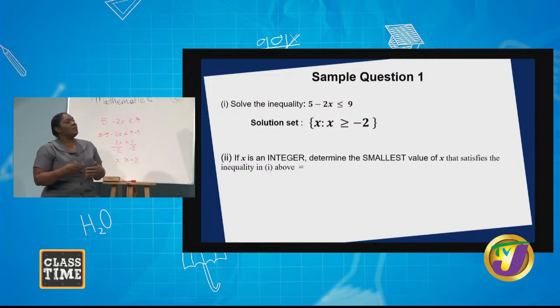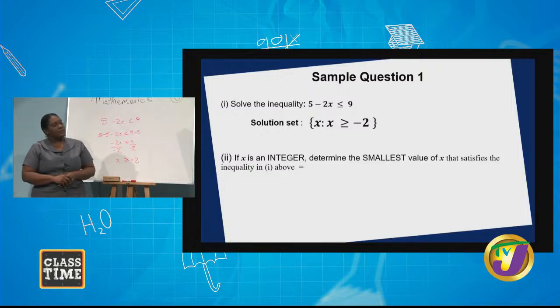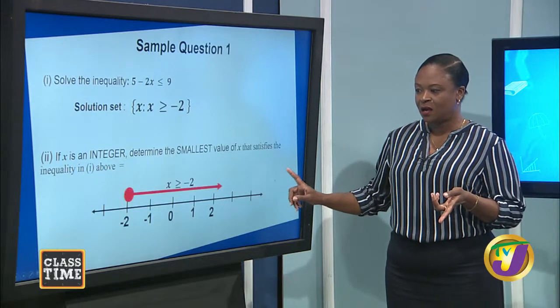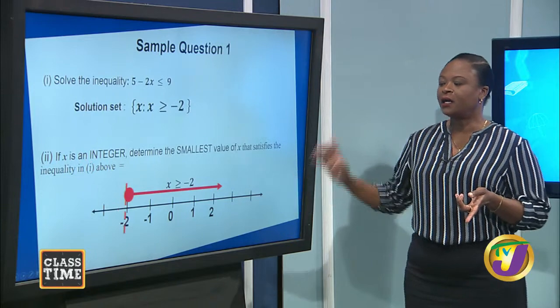Now, if we were to list the solution set, then we will be thinking about including -2, so it would be -2, -1, 0, 1, 2, 3, 4, and so on, right? So the smallest value for this solution set would be -2. And we are justifying this